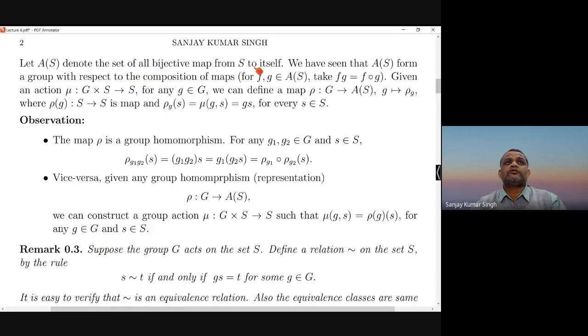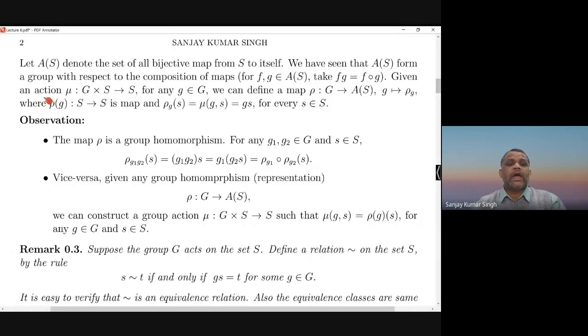And I know there are two ways of doing this. It is basically composition of maps, and how we take the composition was also very important, and that's why we fixed a notation in the permutation group, and then we defined permutation. So now here also we fix one notation for the product in this set. fg is equal to f composed with g, and with respect to this composition of maps, this set is actually a group.